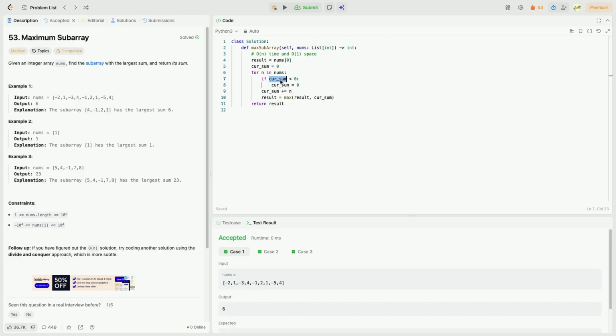Because if the sum is already negative, if the next value is also negative, it'll just make the sum even lower. So that's a good reason to throw away the current sum and start new. And the other case is if the current sum is negative and the next value is positive, that's another reason to throw away the current sum and start fresh with a positive value. So yeah, so that